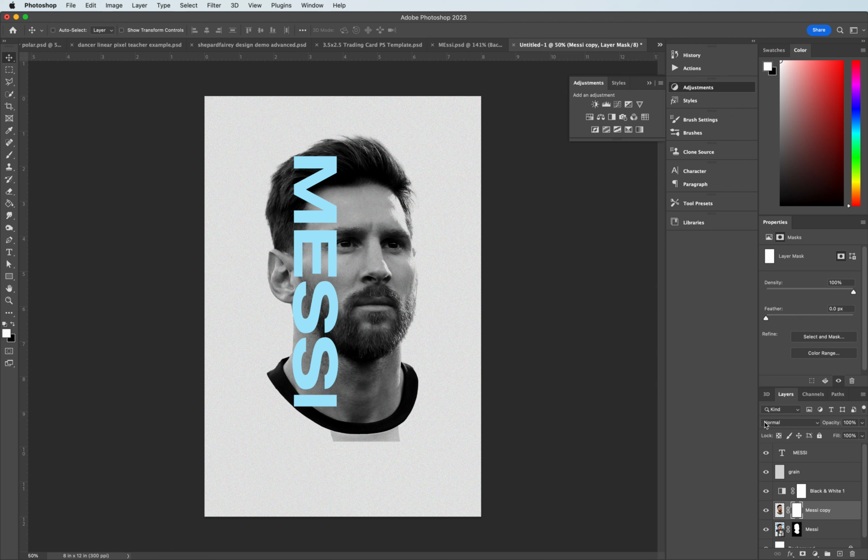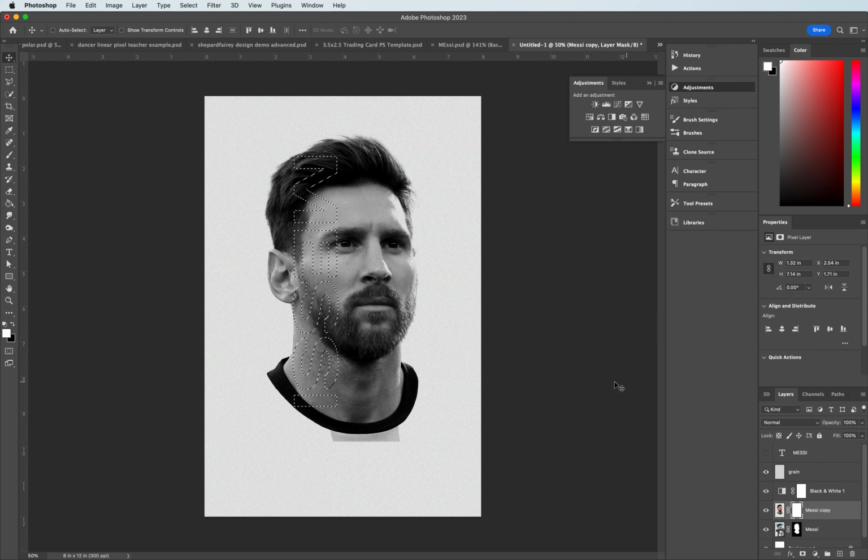So I'm going to hold down Control or Command and click on the capital T icon, which indicates the text layer. And I can hide the text layer for right now, and we can see that we still have the dotted line appearing around the Messi image. With our portrait copy,